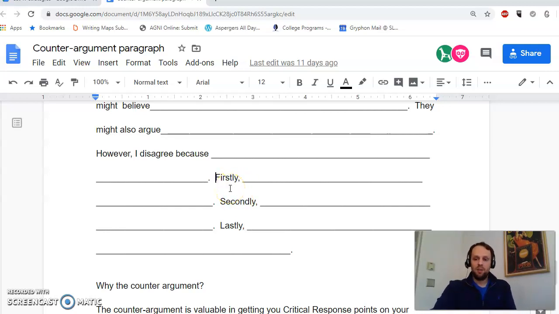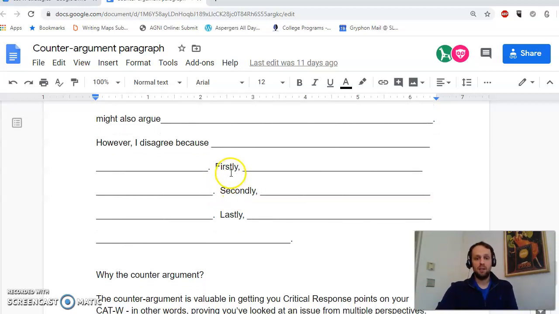You really want to make sure that you are going point by point so that you don't get off track and so that your argument is coherent and that it makes as much sense as possible. So if you do those two things, if you summarize the other side's argument, so that's going to be, if you're looking at your thesis, the opposite opinion of that thesis. And then you're going to go step by step why you disagree.